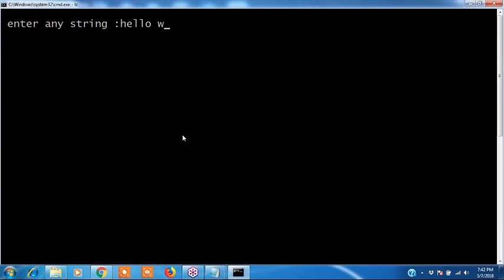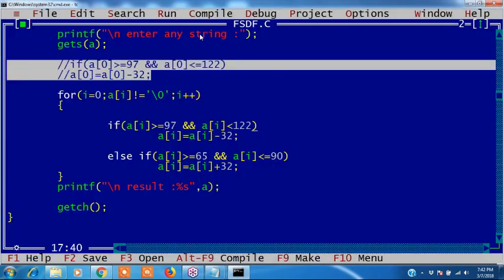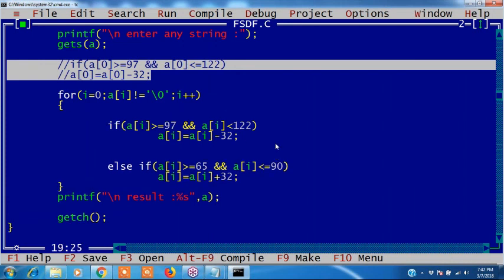If I enter hello space world, everything is converted to uppercase. Okay, we check it. If I enter capital letters, everything is converted to small letters. Here what I want to write, if it is a small letter, this is 97 to 122, right?